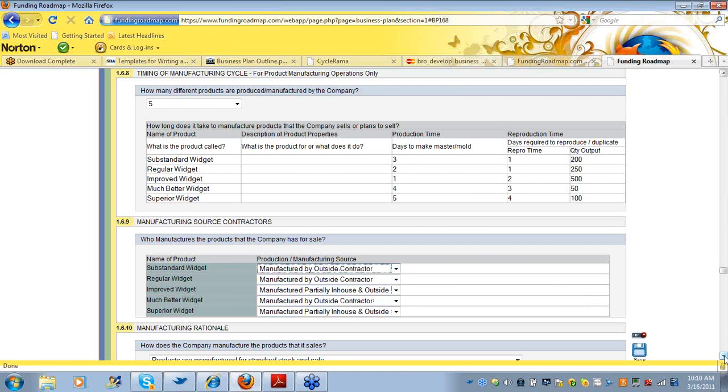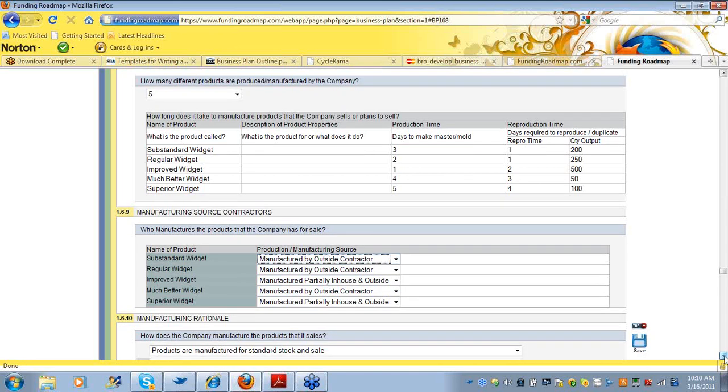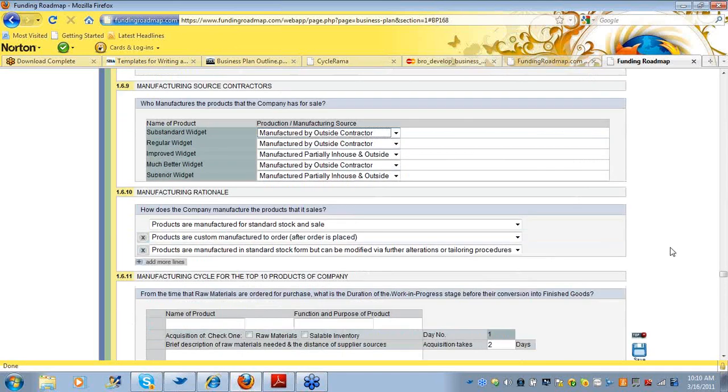Exactly. No, absolutely. And that's why the funding roadmap is much more than just a reporting system. It's actually a benchmarking tool, and it's a planning tool. I mean, we lost sight of what a business plan is really supposed to be, and we made it all about trying to accommodate a bunch of VCs and angel investors, most of whom we'll never get an audience with.